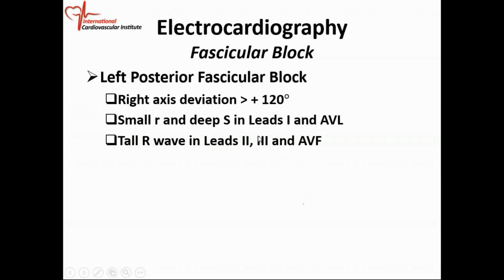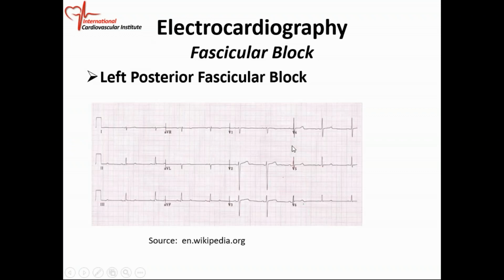And when you look in the inferior leads, you're going to have tall R waves. So remember, when you had a left anterior fascicular block, you had small R waves. With a left posterior fascicular block, you're going to get tall R waves in your inferior leads. And this is what it looks like. So let's do your axis again. You look in your limb leads, okay? Look in your limb lead, the most isoelectric,